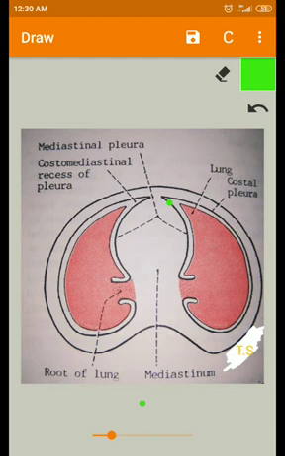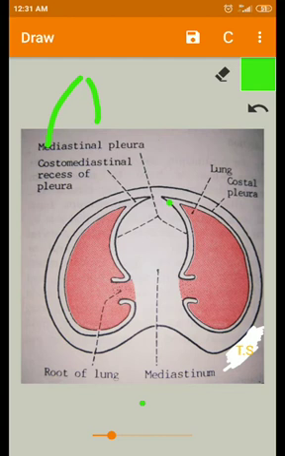So this is the transverse section. Go to the coronal section again. In the coronal section, what is happening? The pleura which is present anteriorly, on the anterior aspect of the lung, is also covered by this pleura. That is called the costal pleura, covering anteriorly, laterally, as well as posteriorly. So all three sides are covered by the costal pleura.